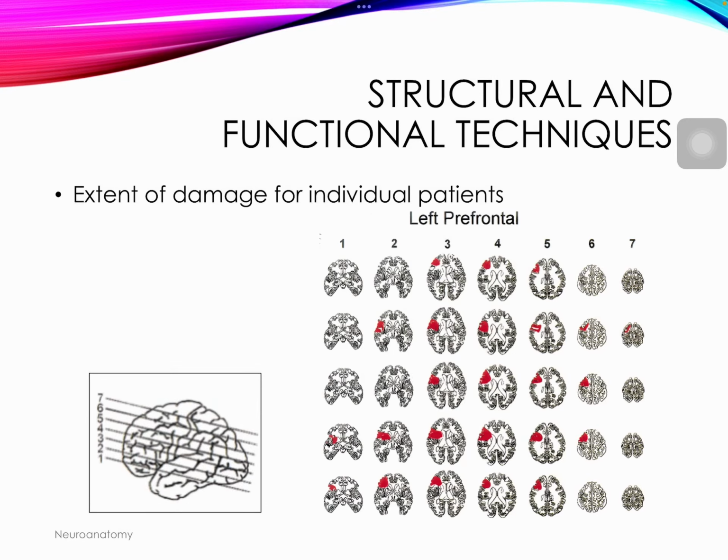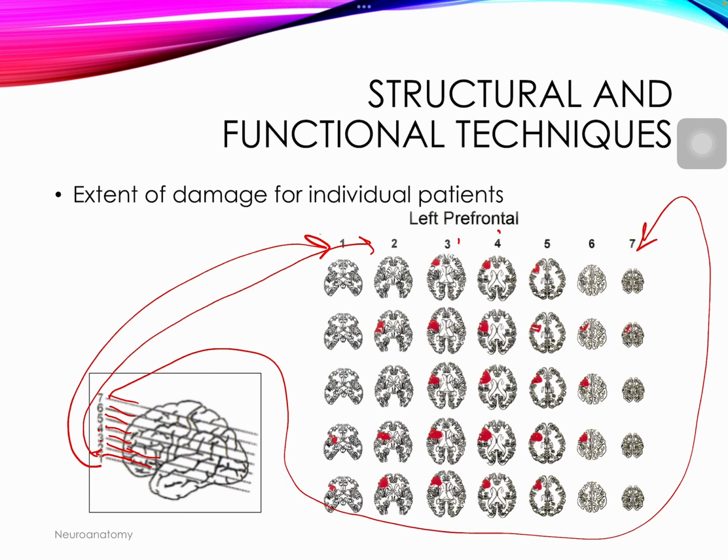So picking right back up where we left off and looking at, in this case, let's say these are MRI pictures of different slices of the brain where we can visualize how much damage an individual patient had. And so what you see here are seven... it's one orientation, all horizontal slices, but you can see that there are 7 points that the slices come from. And so here this slice orients to that, and so on and so forth. So there's 2, 3 to 3, 4 to 4, all the way to the 7th